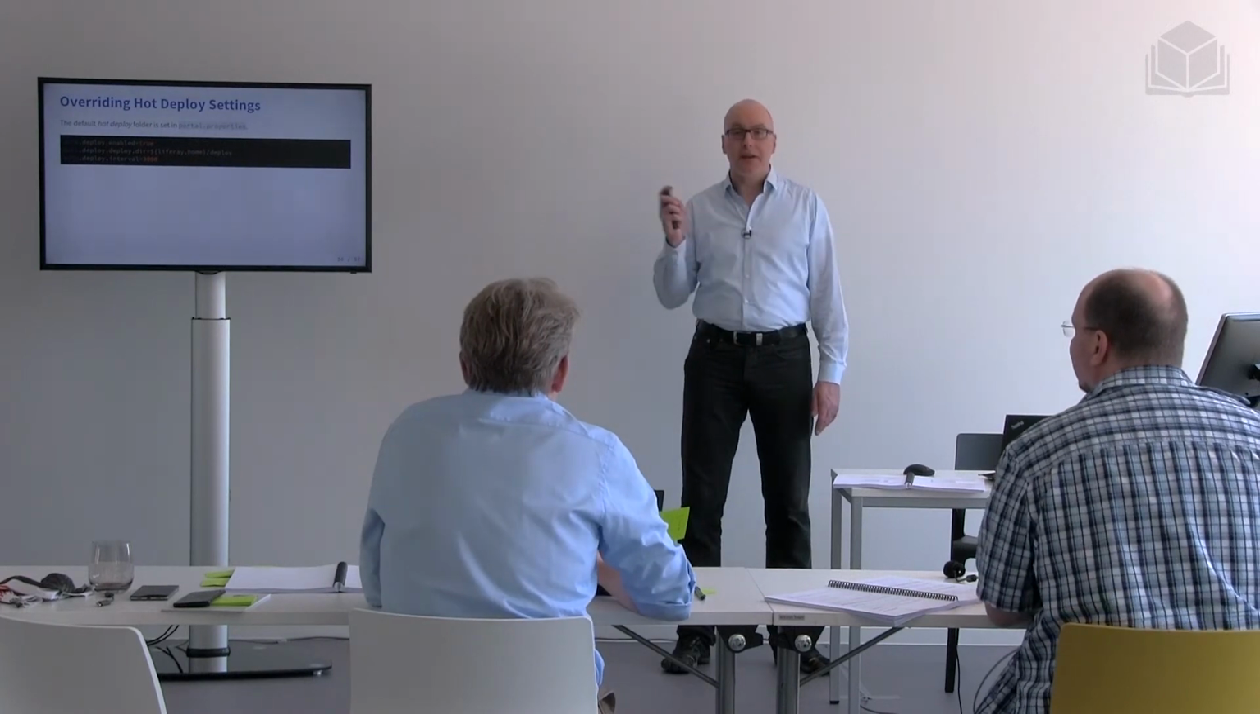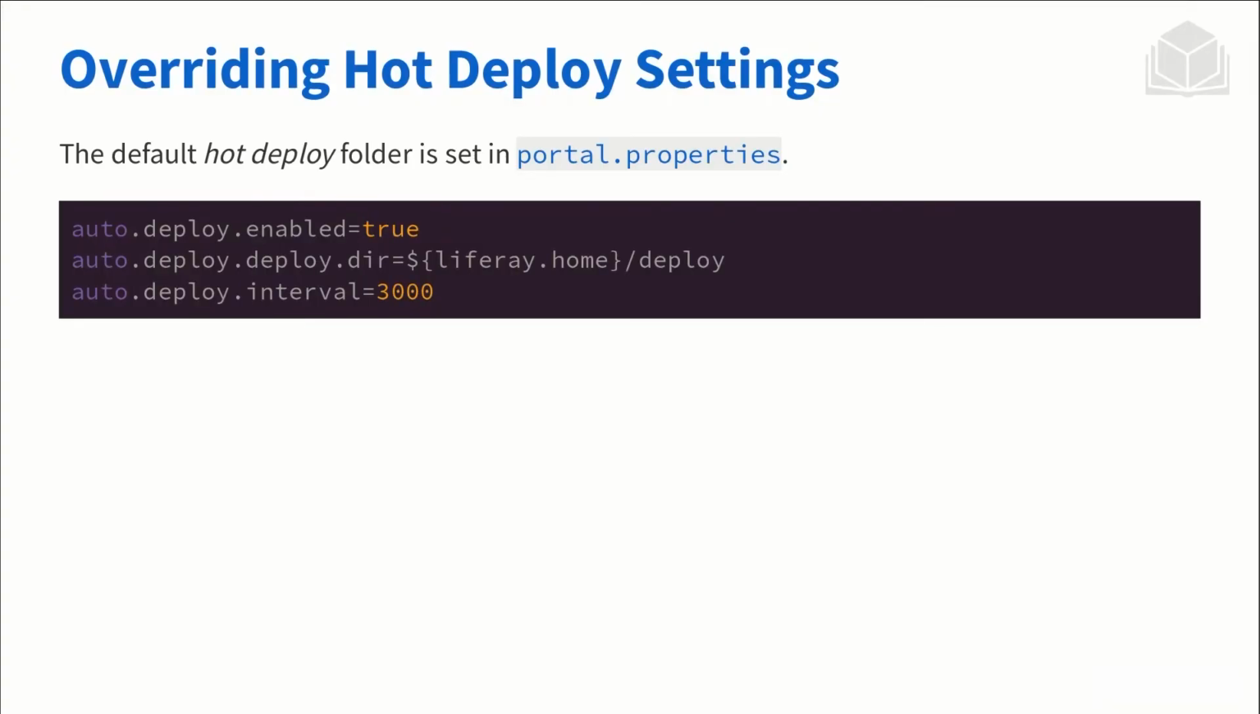This is where you can configure any of these settings, auto.deploy.enabled equals true. That's the standard. You don't need to configure that. And then the deploy directory is Liferay home/deploy. That's what happens anyways. And approximately every 3 seconds, the directory gets inspected and everything that's there will be deployed,